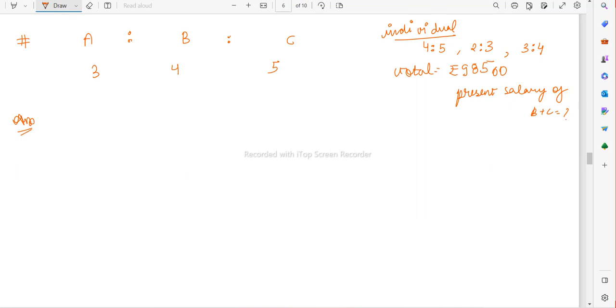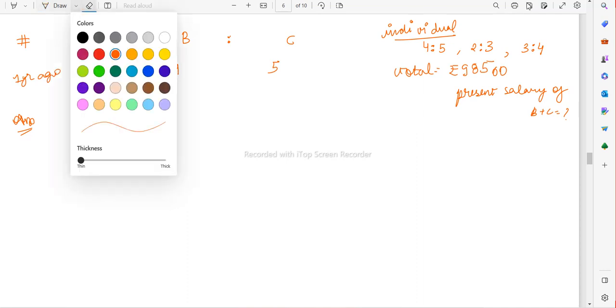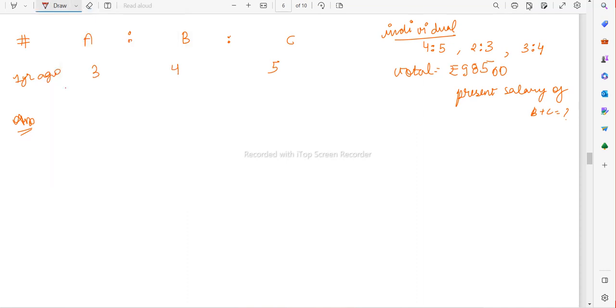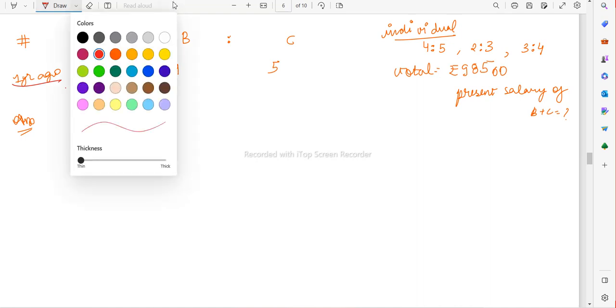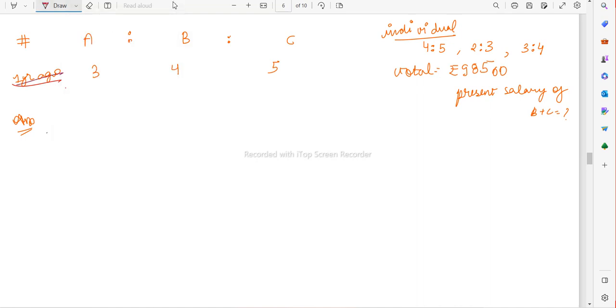देखो आपको ये 1 year ago की दे रखी है. Let me change the color. थोड़ा सा डार्कर वाला ले लेते हैं जिससे कि थोड़ा सा सेपरेशन हो. ठीक है. तो 1 year ago की आपको दे रखी है. क्लियर. नाउ आप अब क्या कर सकते हो. प्रेजेंट का इंडिविजुअल रेशियो है 4 रेशियो 5, 2 रेशियो 3. प्रेजेंट और लास्ट ईयर और अभी का, और ये है 3 रेशियो 4. तो